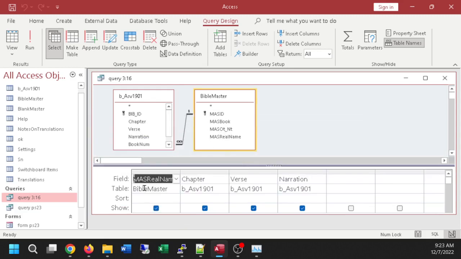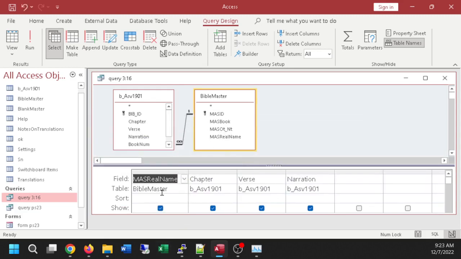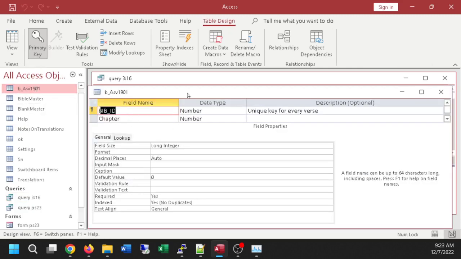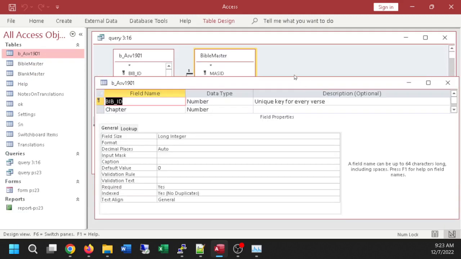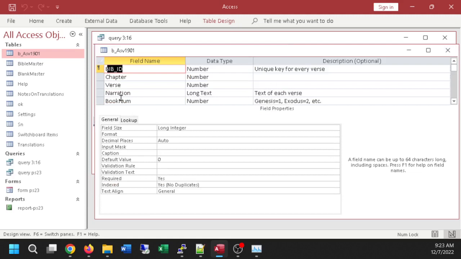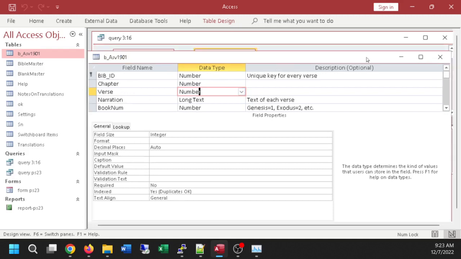is going to look at the real name of the book from the Bible Master Table, the chapter number, verse number, and narration. Now, I know that's a number, but you can't tell it's a number from here. You'd have to right-click on the BASV and see that, yes, over there in the table design, the chapter and verse is a number. You don't know it's a number unless you look at the design of it, and I see that the narration is a long text,